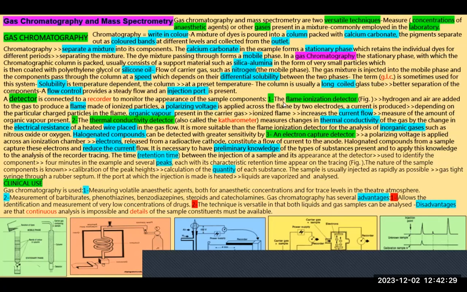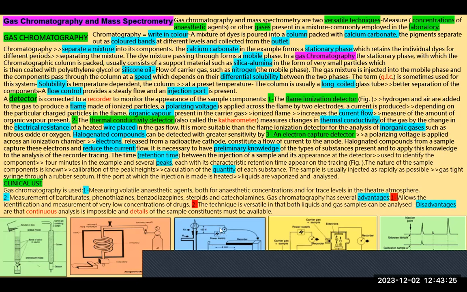Detectors are of three types. First of all, one of them is called the flame ionization detector. As you can see from the picture, a flame is supported by hydrogen and air, and the mixture is exposed to this flame. This flame is attached to two leads of a source of electricity to induce a current from the particles that are released from the flame. So whenever the mixture, mainly of organic gases, passes through this flame, these ionized particles change and increase the current. So the change in the current gives a hint about the components present in the mixture,